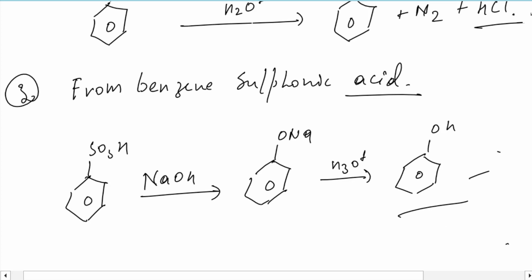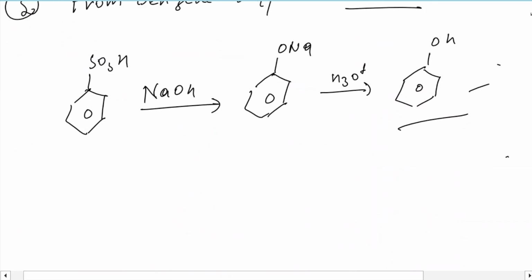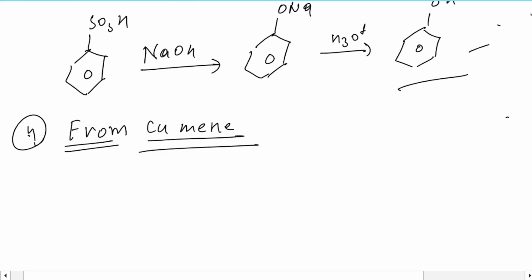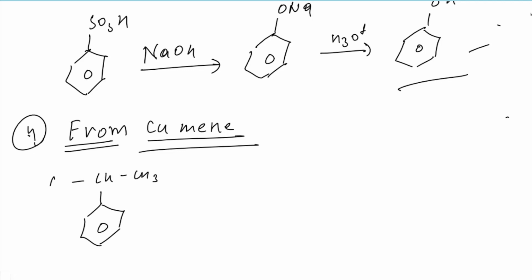See, in all the three above reactions, we have hydrolyzed something that is yielding phenol. Fourth one is from cumene. What is cumene? That's isopropyl benzene. So isopropyl benzene, when reacted with O2 and heated, then it yields